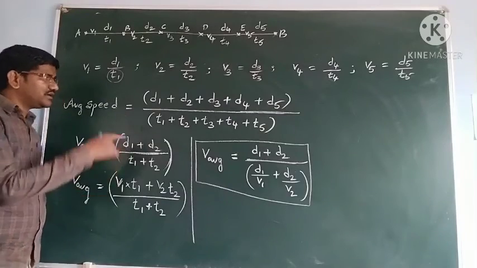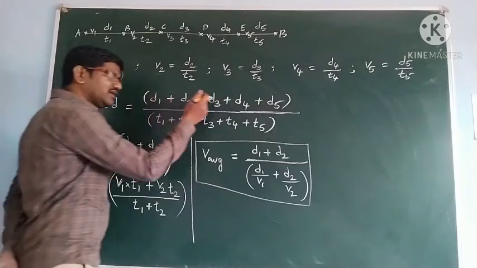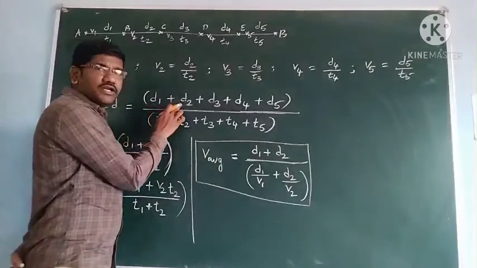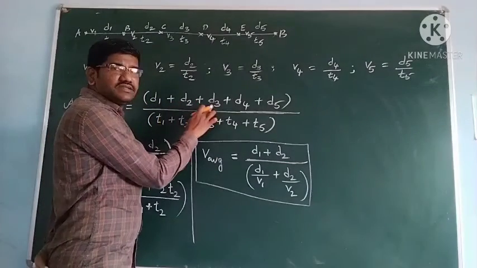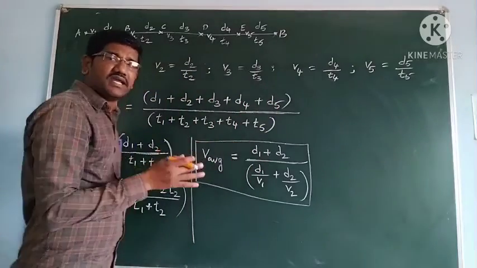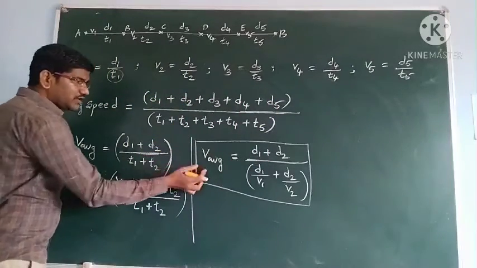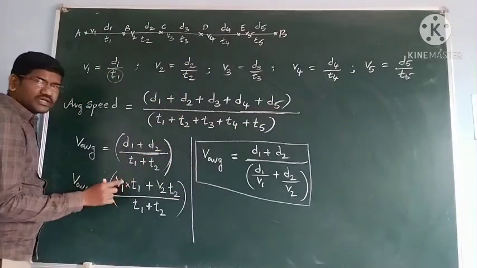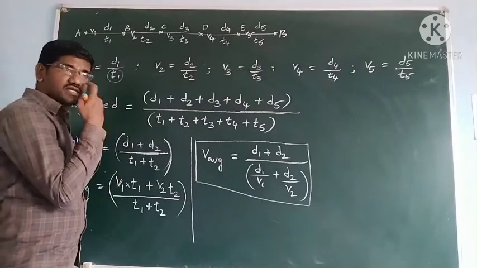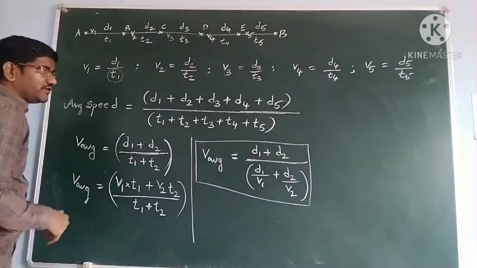Okay, students, suppose you have like 5 distances. You can write D1, V1 into D1, D2, V2 into D2, D3, V3 into D3. Like you can keep writing. If you know for two distances and two times, you can write for 5 distances, and you can write for n distances also. Okay, students, now next one is,